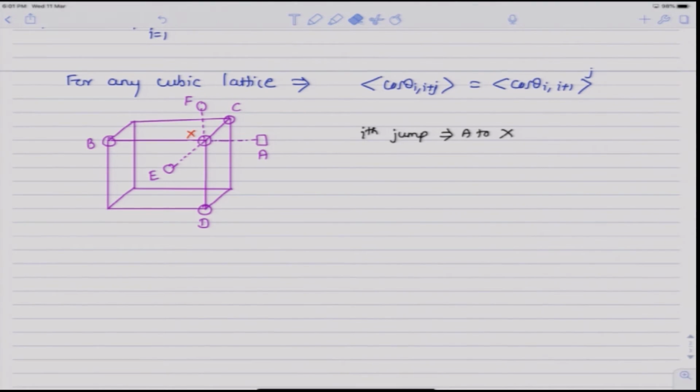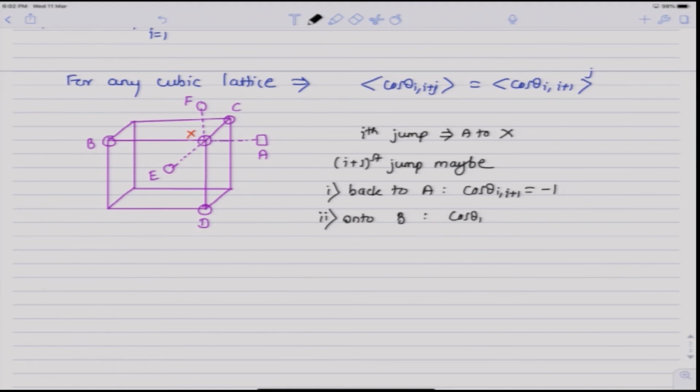Now, on its I plus first jump, the atom x can either jump back to A, for which cos theta I plus 1 would be minus 1 because it is a reverse jump, or it can jump straight into B, which would be a forward jump onto side B, and the cos theta I plus 1 for that would be plus 1, or it can jump into one of these 4 sides C, D, E and F,